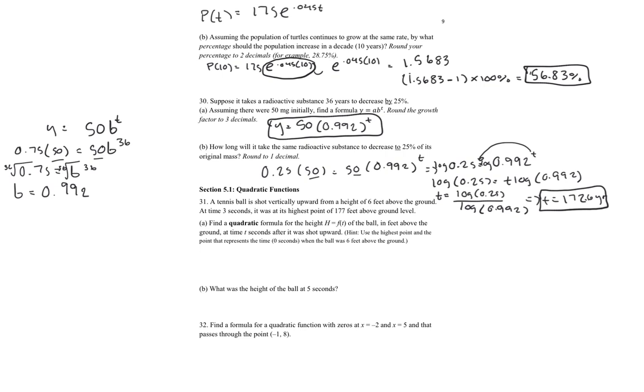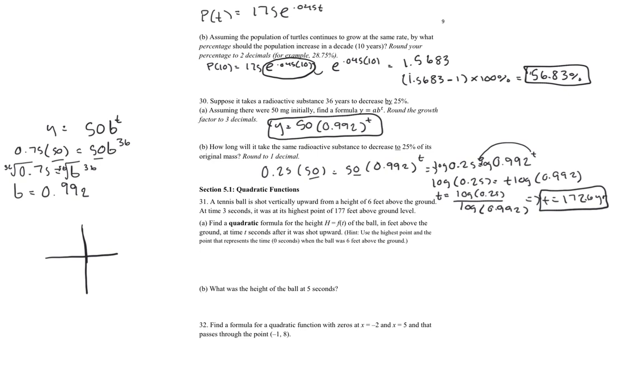All right, so for 31, it says a tennis ball is shot vertically upward from a height of 6 feet above the ground. At time 3 seconds, it was at its highest point of 177 feet above ground level. And now it wants to find a quadratic formula for the height in feet above the ground at time t seconds after it was shot upward. Okay, so if we think about this in practical terms, we know there's going to be a quadratic function,